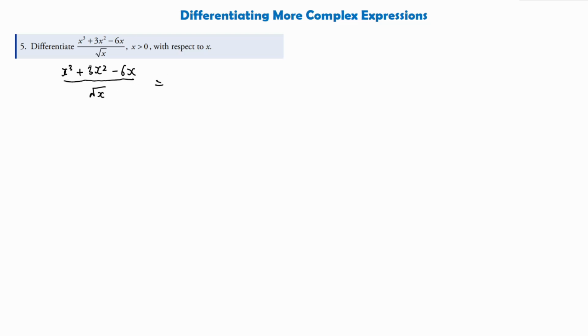Again, we're going to split this up into three fractions this time. We're going to have x cubed divided by square root of x plus 3x squared divided by square root of x. Now actually, instead of square root of x, I'm going to rewrite this